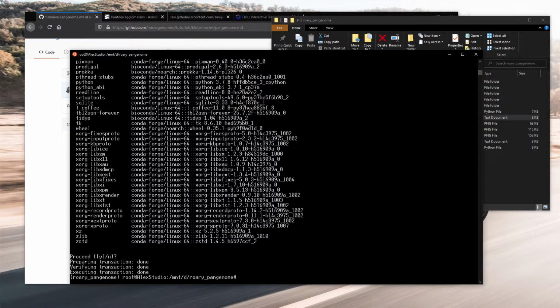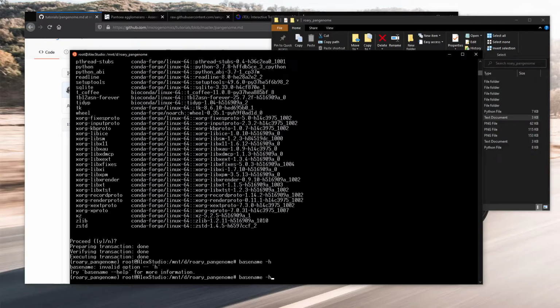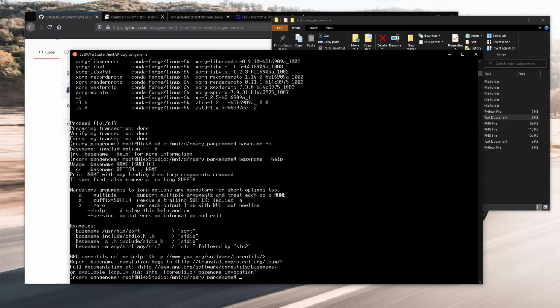And to do that, we can use a tool called basename in the terminal. So basename, let's try --help. There we go. So here's the tool. What we'll use is -s. So we're going to feed in the suffix, or the last part of the file that we actually want to cut off. So following that, basename -s, we want to cut off